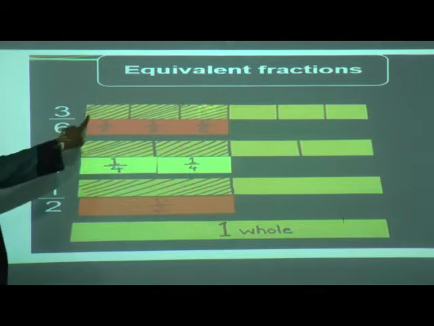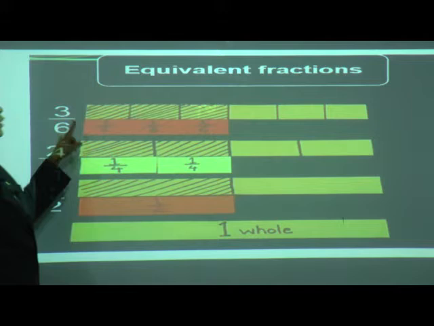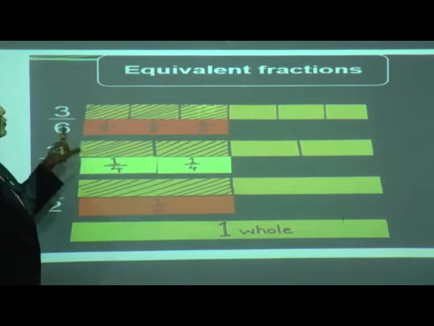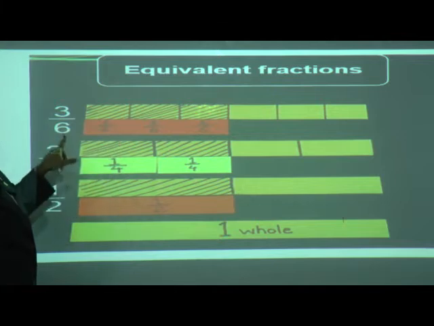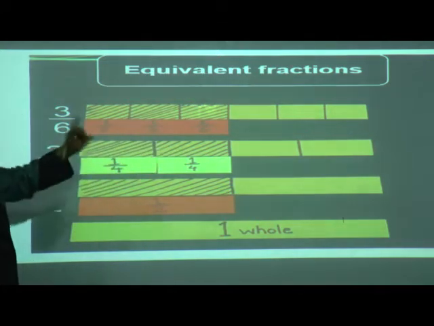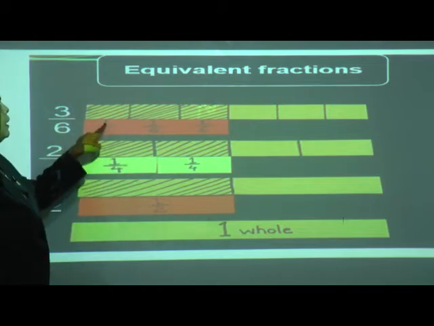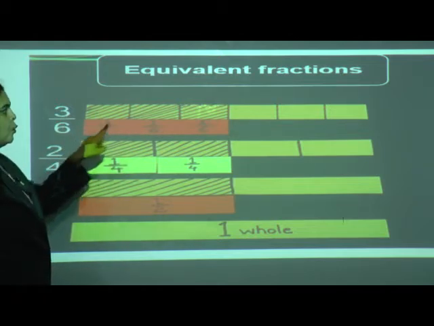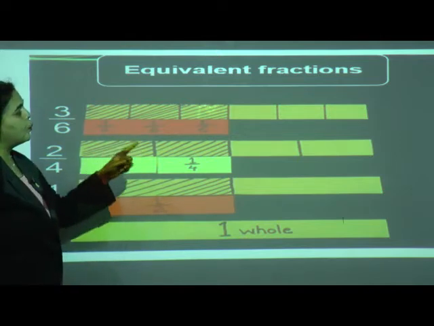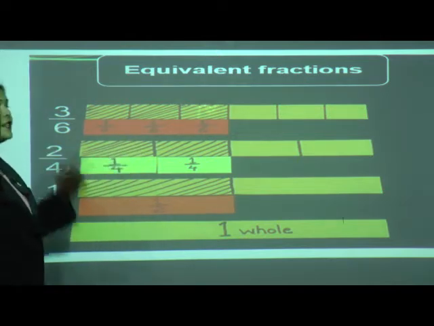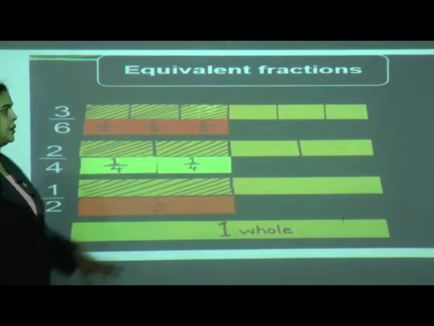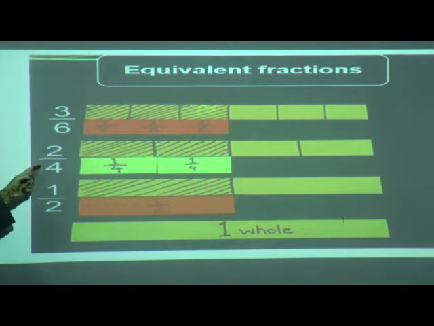Yes, we had done this on a strip of paper by folding the strip into 6 parts. We divided it into 6 parts, and out of this we shaded 3 parts. So what will be one part? One part will be 1 upon 6. Another part will also be 1 upon 6, and then also 1 upon 6. Out of 6 parts, one is shaded, the second is shaded, and the third is shaded. In this way, we will see another example.